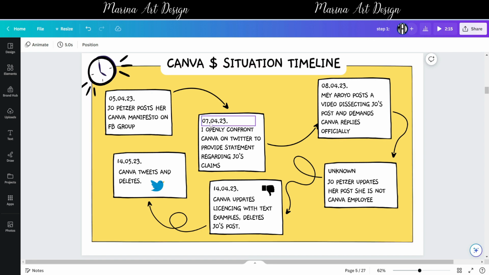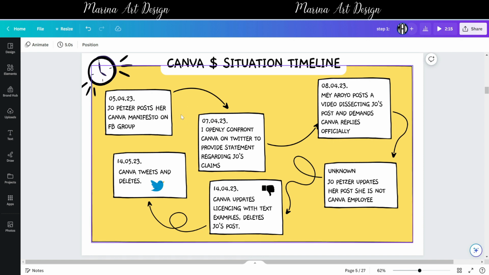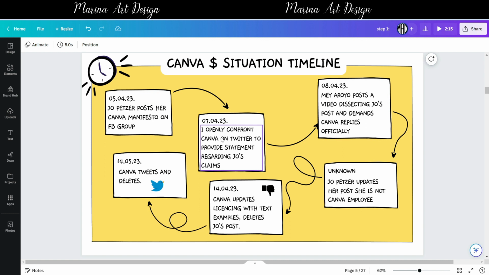And on 7th of April, in the morning, because this was evening on the 5th, and then it spread like wildfire on 6th, I openly confronted Canva on Twitter to provide statement regarding Jo's claims. So that happened on 7th of April. On 8th of